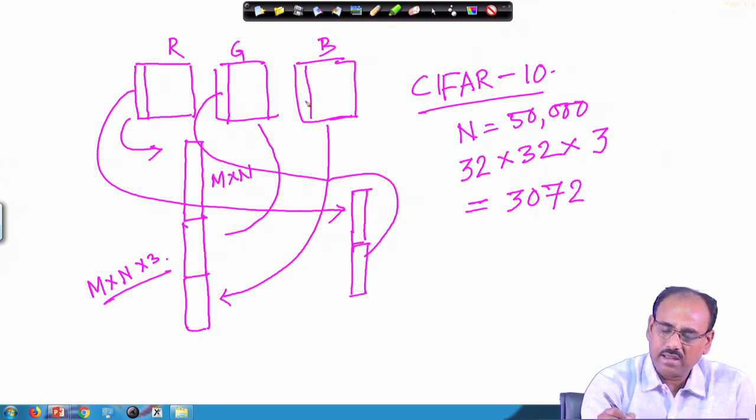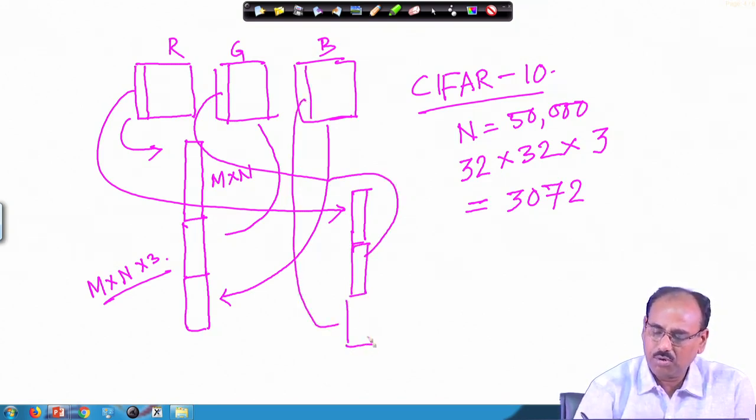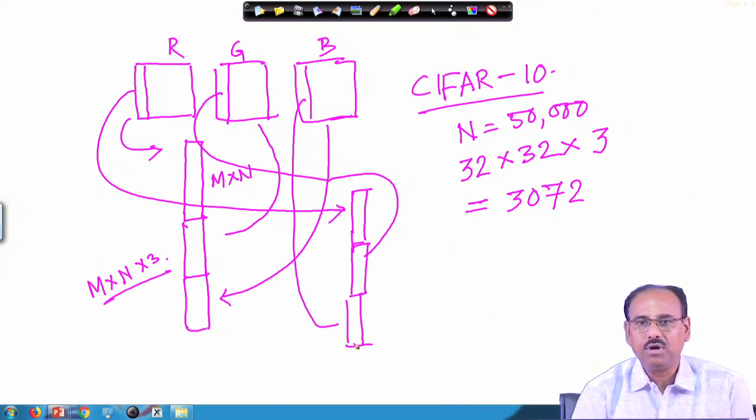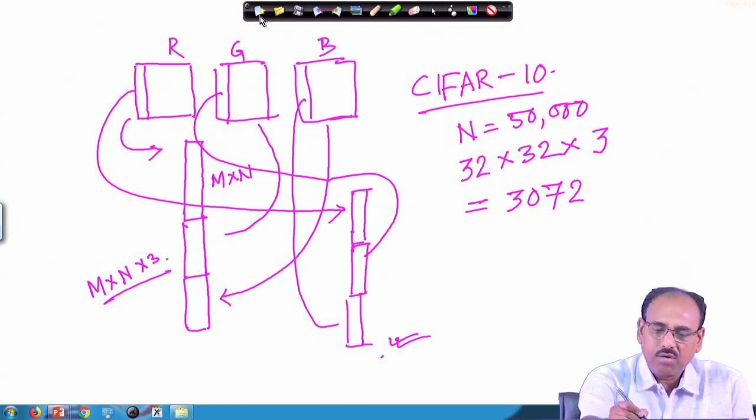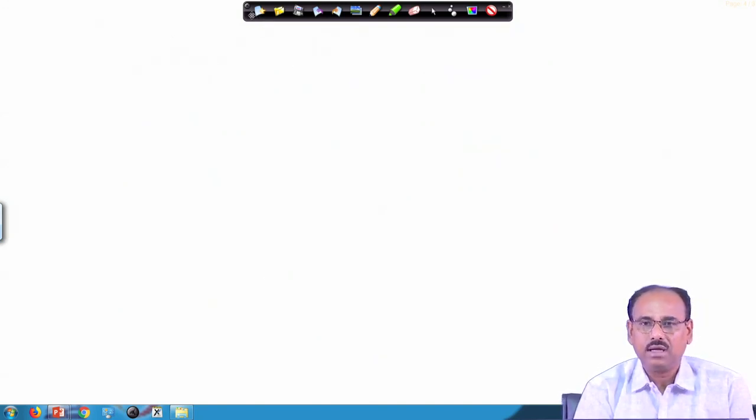Then you take another column from B, the blue component, and make it another part of the feature vector, and you continue for every column taken from the red, green and blue components. So, this can be another way of converting a color image into a vector form. And another thing you notice is that once I have converted an image into a vector of this form,